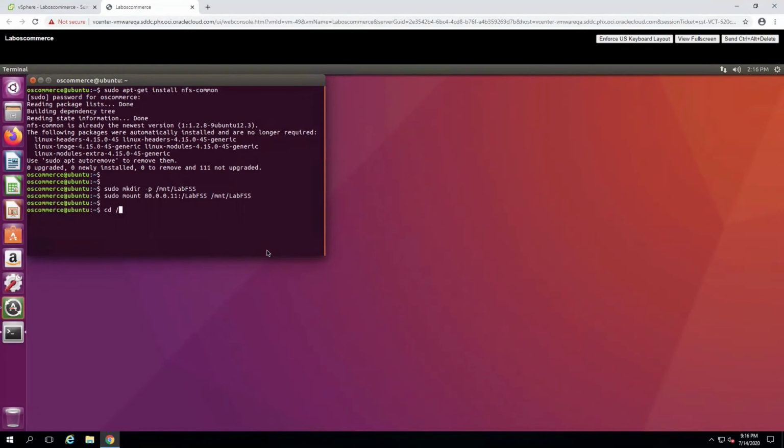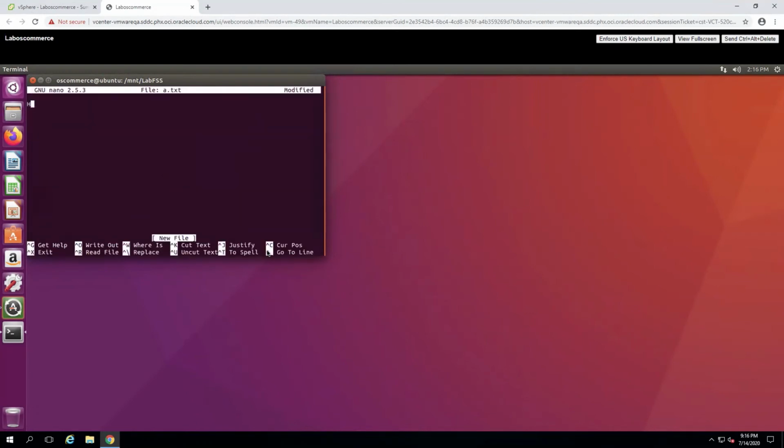Navigate to the FSS. And here we'll touch a file called a.txt. We'll say hello from the demo.